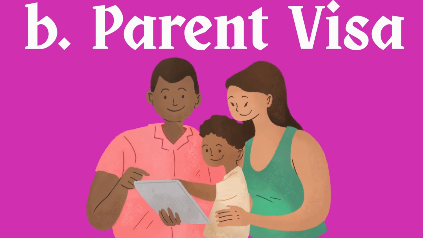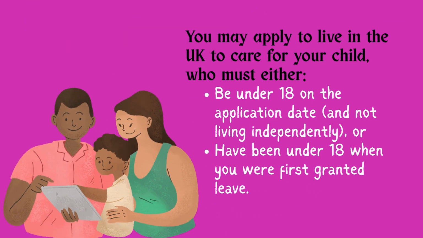B. Parent visa. You may apply to live in the UK to care for your child, who must either be under 18 on the application date and not living independently, or have been under 18 when you were first granted leave. Eligibility: